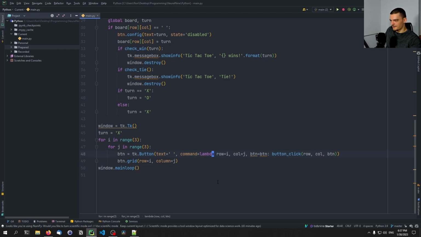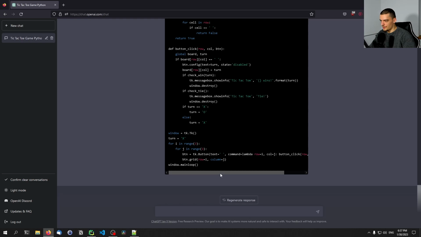And here also we have, I think, a... Oh, okay, sorry, my mistake. What we're doing here is we're passing a lambda function where we have the row, the column, and the button as a parameter, and then we call the function on these parameters. But okay, the only problem is actually that we're passing the button itself. So